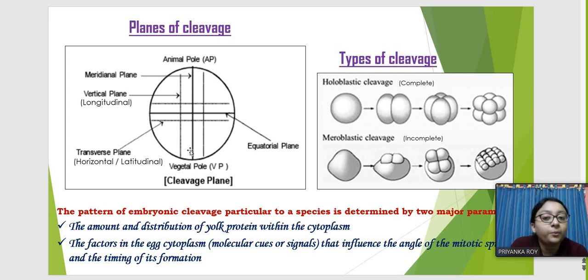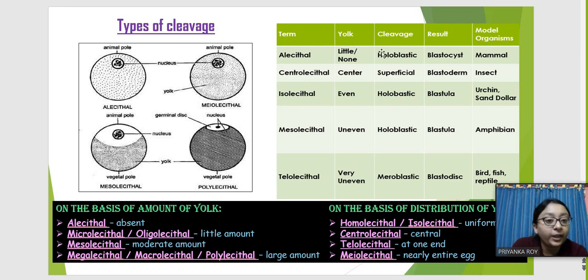And then one will be from the center, which is the meridional plane, and the other planes parallel to the meridional plane will be called vertical or longitudinal planes. Similar to that, there are two poles in an egg. One where the yolk content is maximum is called the vegetal pole, and the opposite pole where cell division takes place is the animal pole. Suppose this is the yolk here, so this pole will be the vegetal pole and this pole will be the animal pole. So from that, according to the types of egg, the cleavage type can be determined, and you can understand that